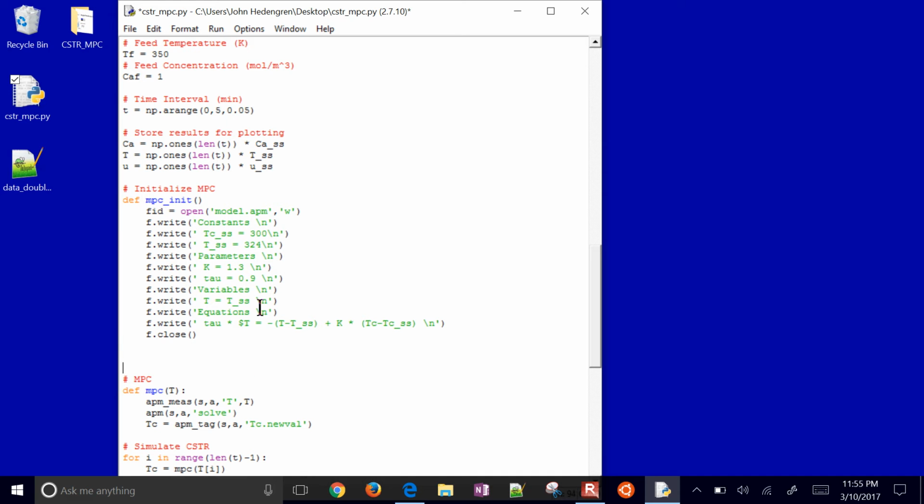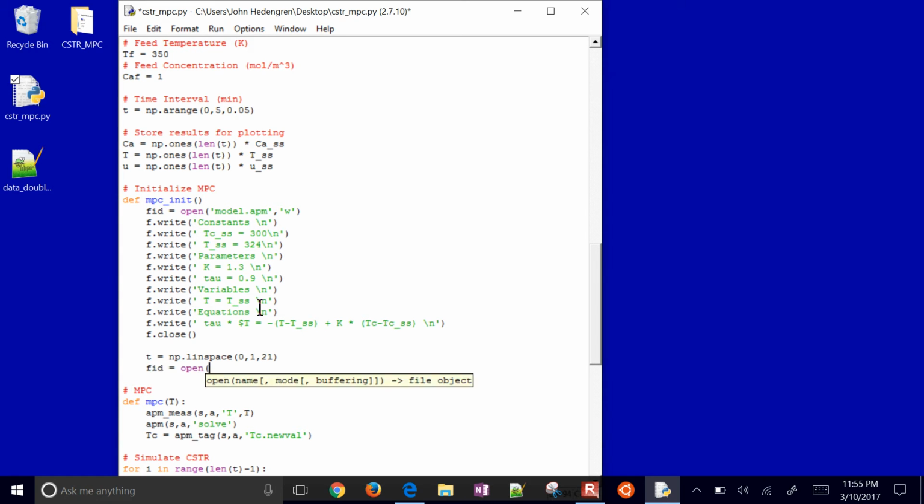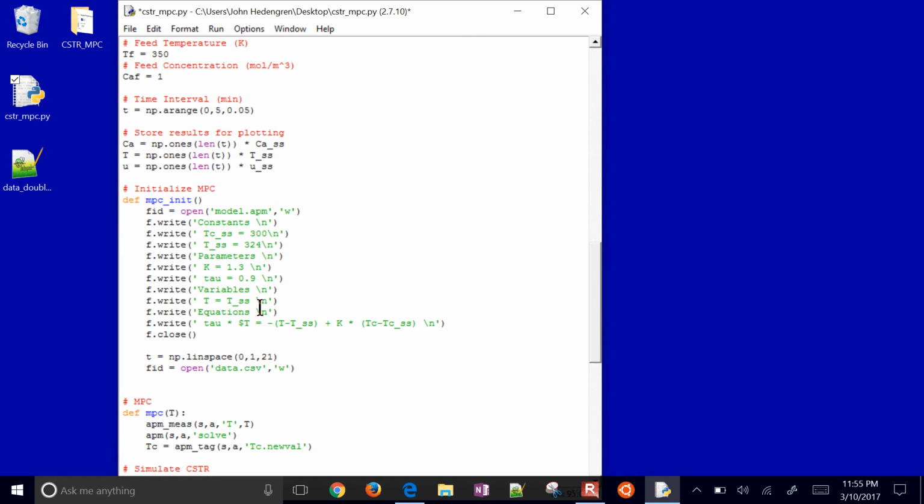We've written our model. Let's go ahead and write, in addition, our prediction horizon. Okay, I'm just going to go and create a linspace between 0 and 1 and 21 time intervals, so 0.05 for each one, for 1 minute out into the future. And I'm going to open up another file here. And this one I'm going to call data.csv. Okay, it's just a data file, text file, and comma separated values. We only have one column though for this one, so you're really not even going to see any commas in there. Okay, and I'm going to write a header,